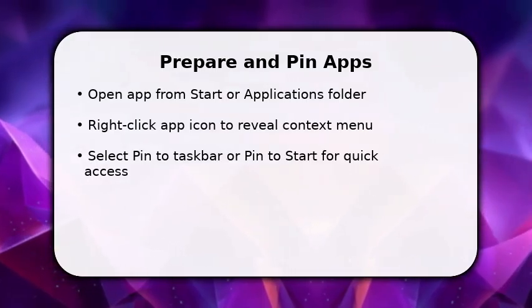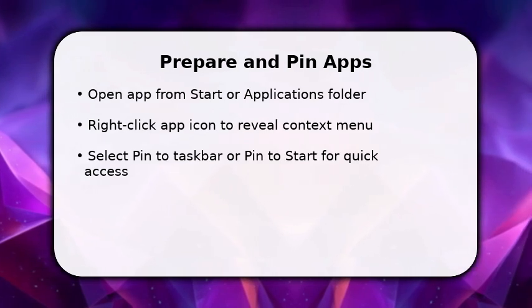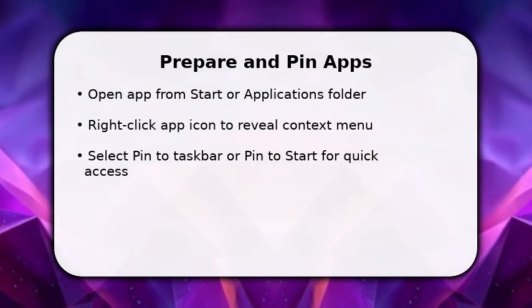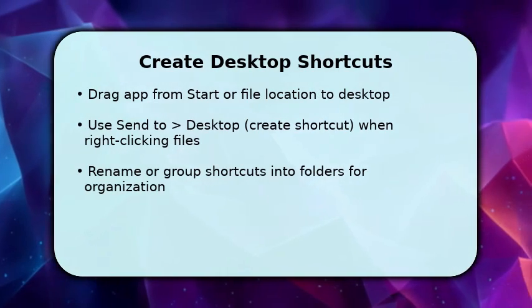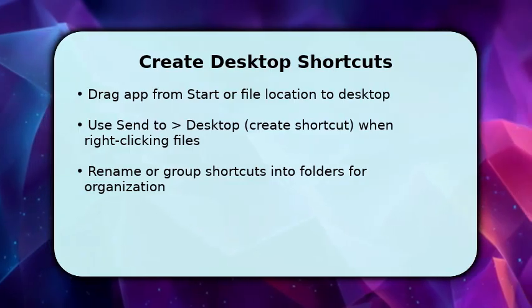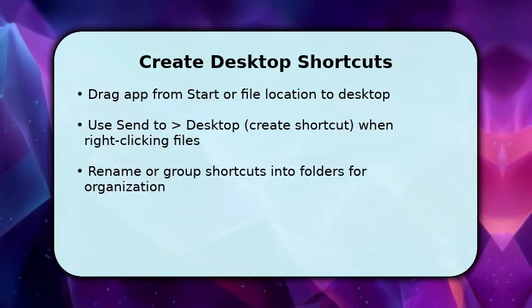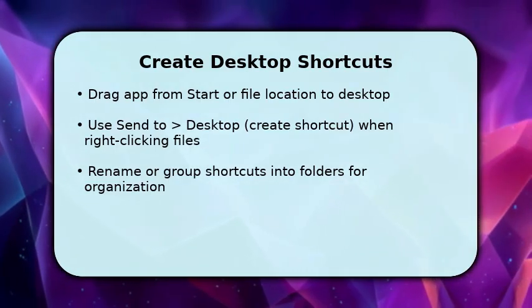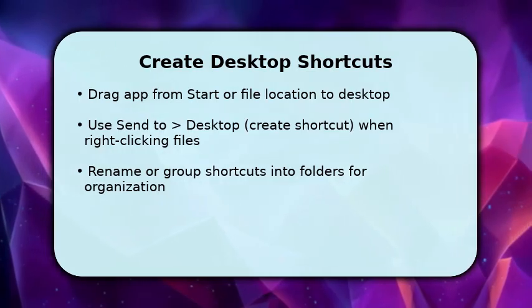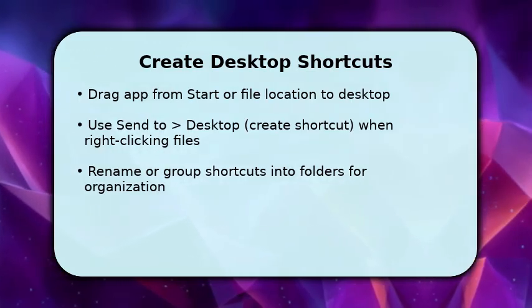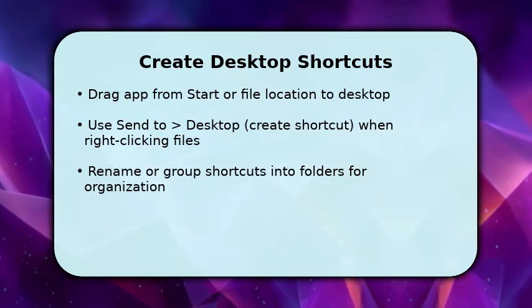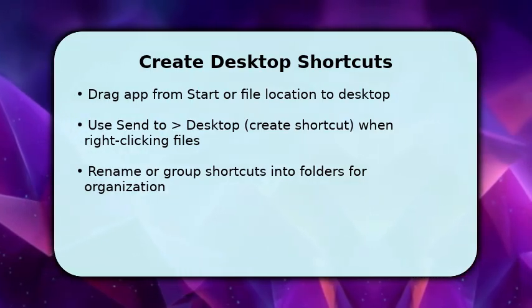Next, create a persistent desktop shortcut for apps that don't pin. Navigate to the app in the File Explorer or Start menu, then drag it to the desktop while holding the right mouse button, release and choose Create Shortcut. Alternatively, right-click the executable and use Send to Desktop, Create Shortcut. Once done, you can rename, group, or place shortcuts into a dedicated folder so they remain visible and won't be